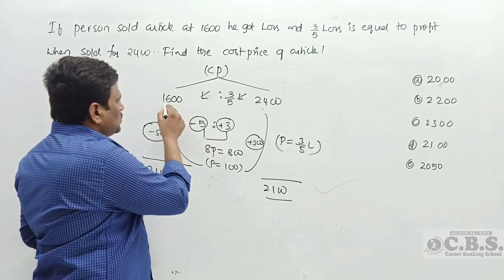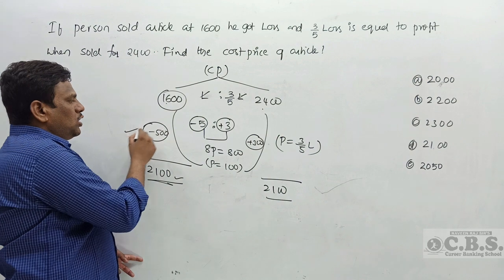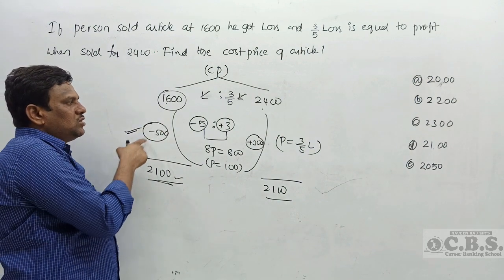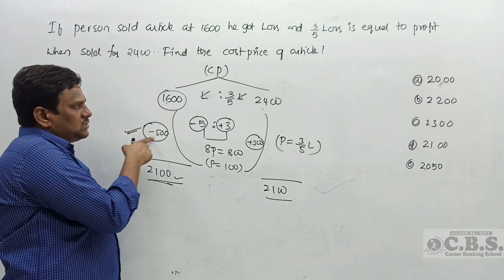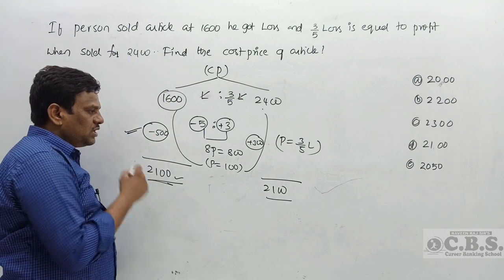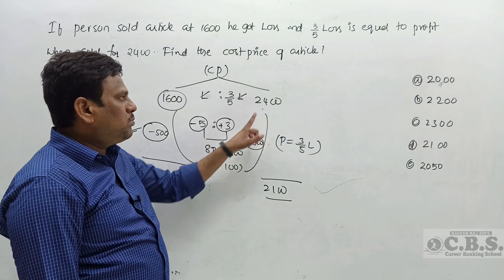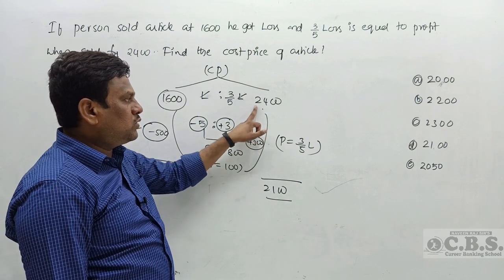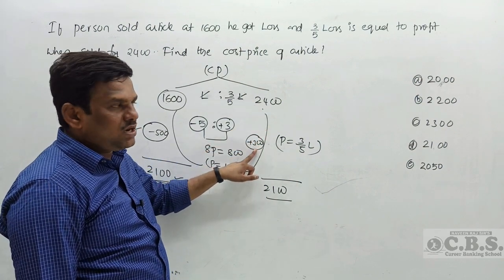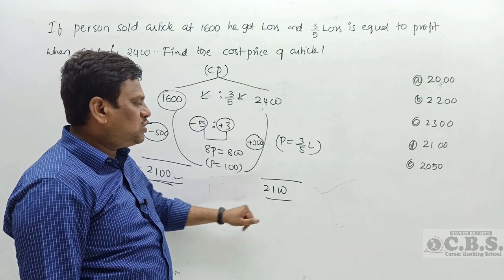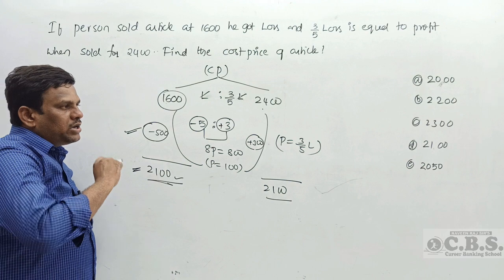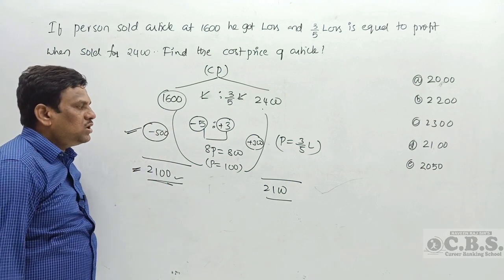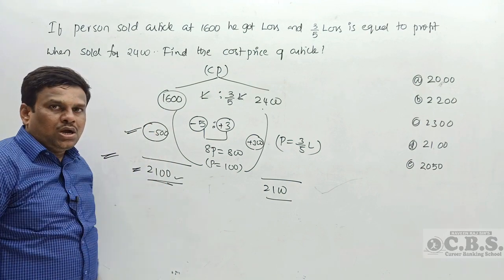Okay, so when it is sold at 1600, you get a loss. Loss indication is minus. So if you want cost price, it is selling price plus loss, which is 2100. If you want cost price from the profit side, it is selling price minus profit. 2400 selling price, profit is 300, 2400 minus 300 gives 2100. So you can answer any question having this same model with this concept. Okay, I hope you understand.